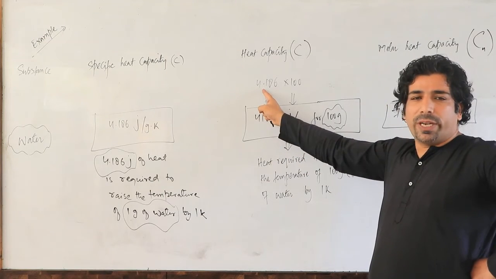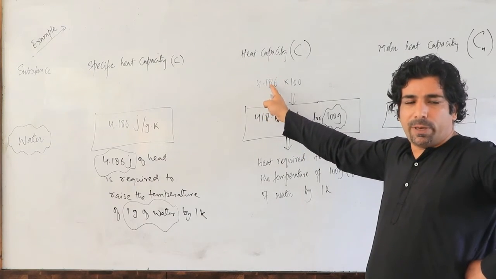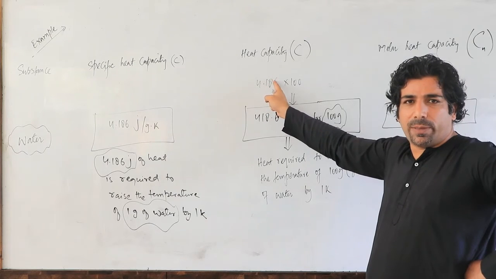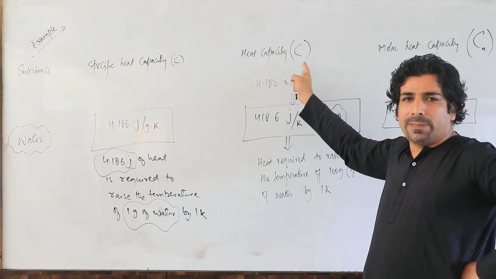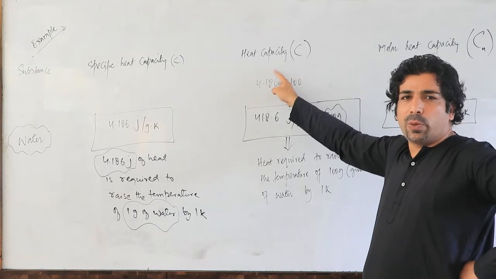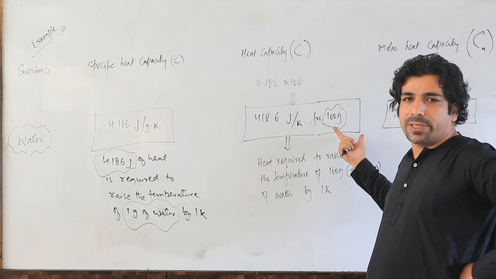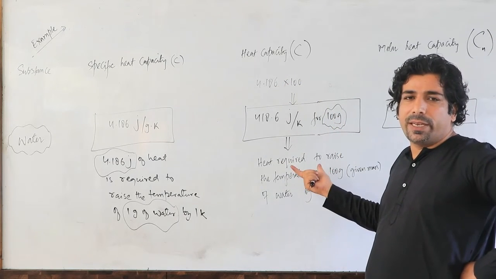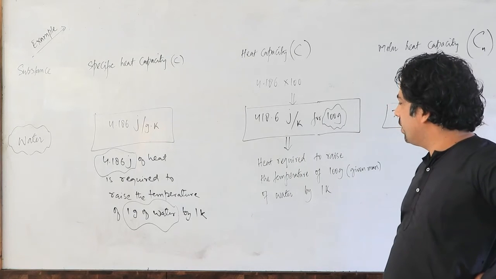So 4.186 is for 1 gram of substance, the heat required for 1 gram of substance. And now multiplied by 100 means the heat required for 100 grams of substance to raise the temperature by 1 degree Celsius, my dear friends. So obviously,